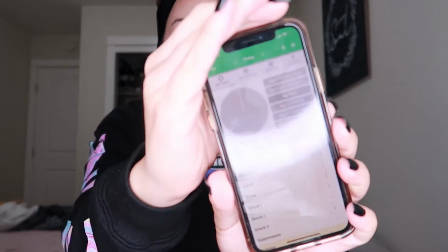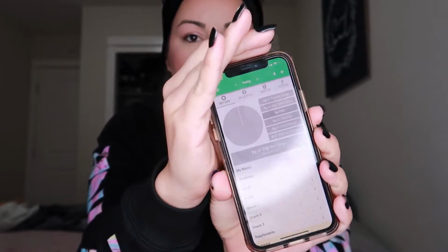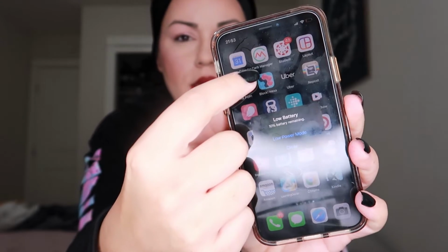It's this one right here. Ugh. Well, I didn't log anything, but this is what it usually looks like, and it'll track all your macros. Let me show you. That's what the little app looks like, a CM. It's green and orange if you have an iPhone, and I'm sure they have it for Android, but